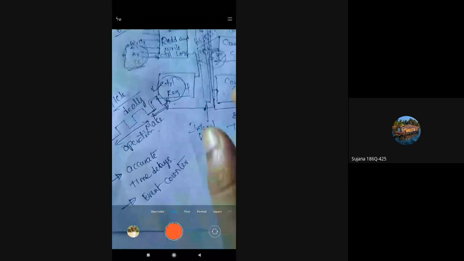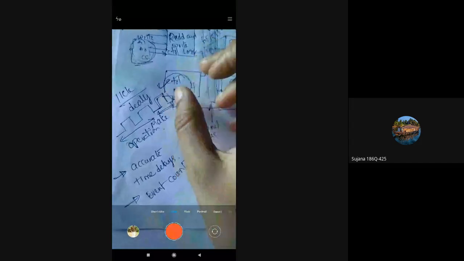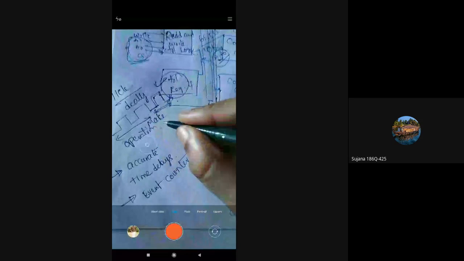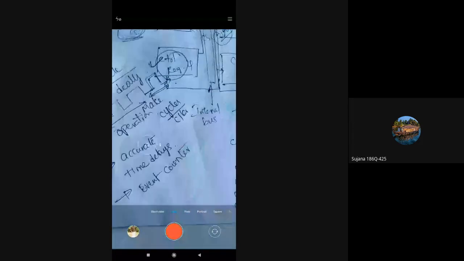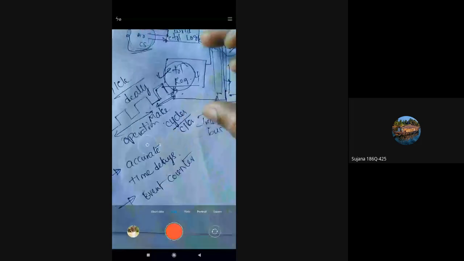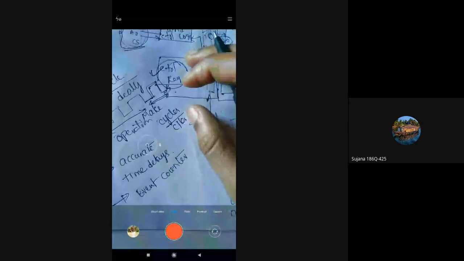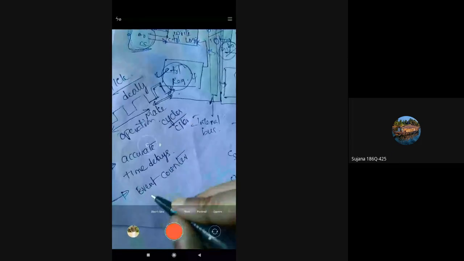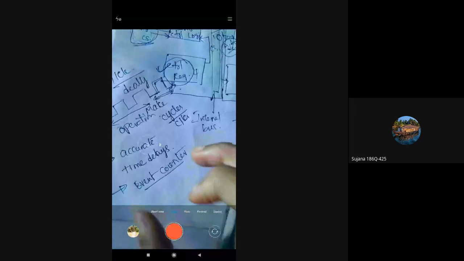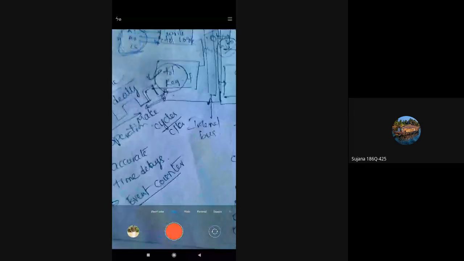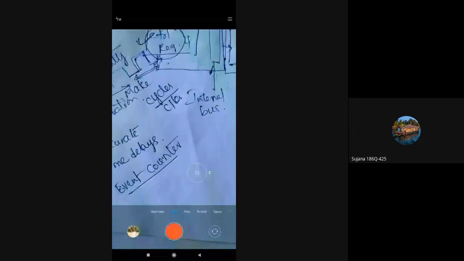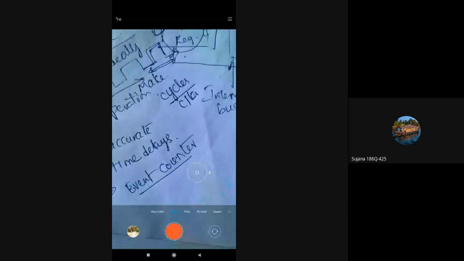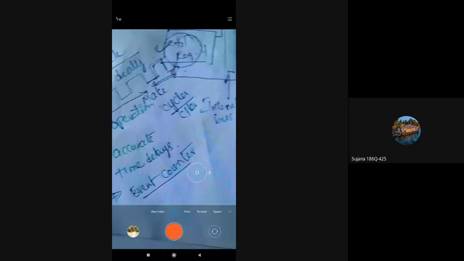That means whenever we are performing an operation on a particular device, it tells how many cycles or how many clock pulses that device has taken to complete that particular operation. So it is used as an event counter. It will give you the time period taken by a device to complete a particular operation. This is how it is used as an event counter.